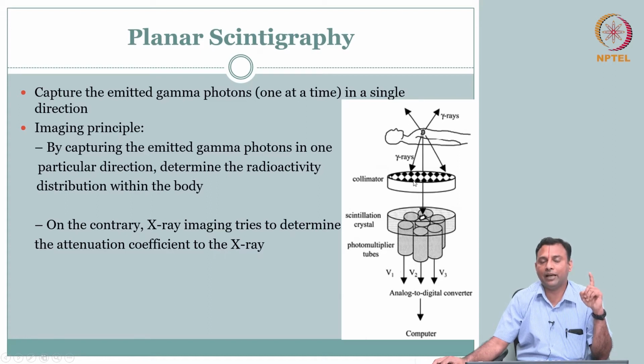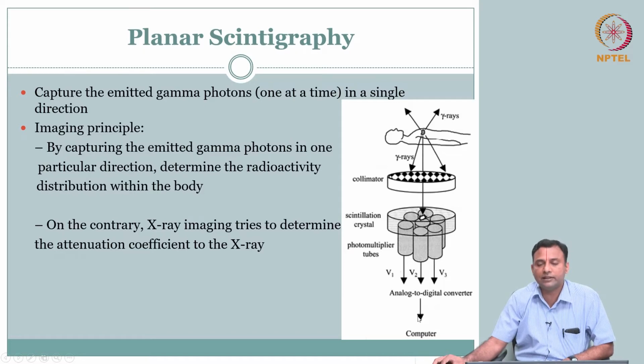Gamma rays cannot be captured directly, or you do not want that. What you want is a light signal. The gamma rays interact with the scintillation crystal, which converts your gamma energy to visible light photons. The visible light is a weak signal, so we want to amplify it. We have what is called a photomultiplier tube, and whatever values you get from it, you digitize and feed to the computer. Why we put the computer here is that if you do this same planar scintigraphy from different views, the data can be used for back projection. Okay, so that is the very big picture scheme.